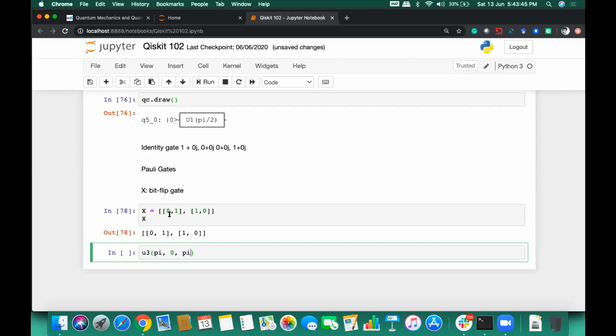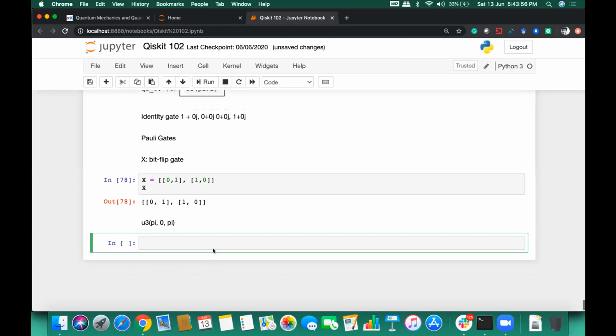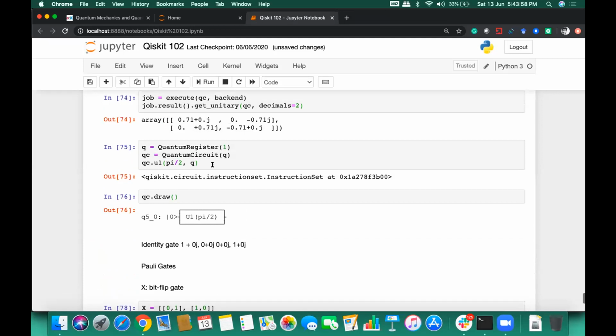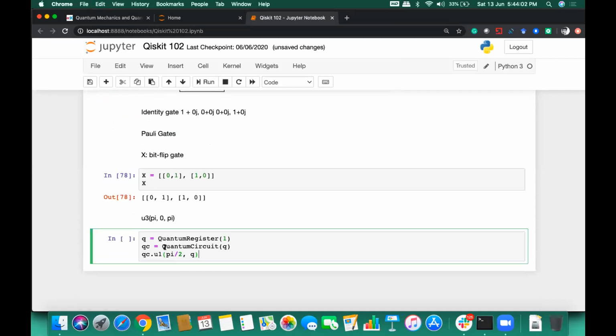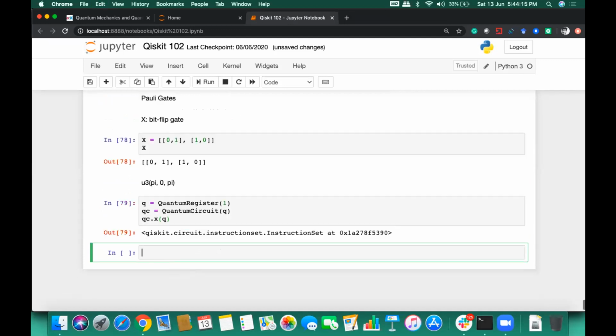So the bit flip gate X can be represented by this. If I have to draw a circuit for this, let's call it from here. I have a quantum circuit qc, and here I will call X, passing my circuit. Now the X bit flip gate is ready.